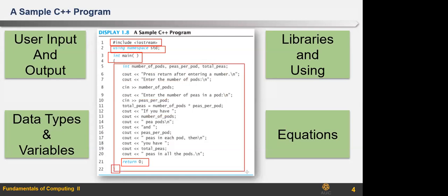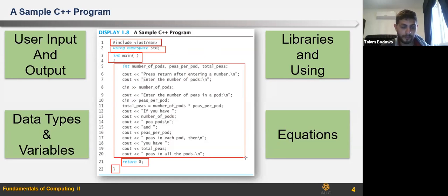First, let's start with include iostream. So what is basically iostream, Tayam?